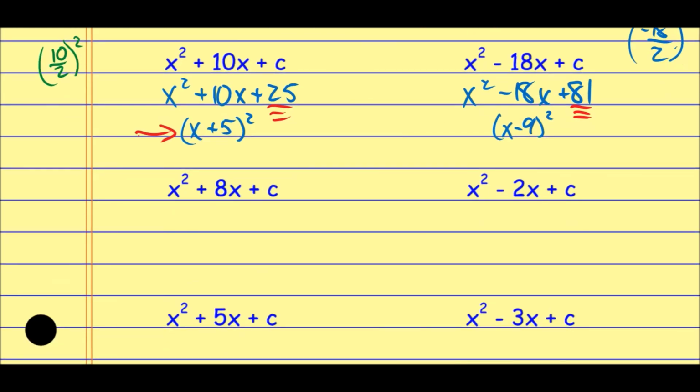If I look at the next one, same kind of thing. Once again, if I take it off to the side here, 8 divided by 2 and then square it. 8 divided by 2 is a 4. 4 squared is a 16. So the perfect square trinomial here would be x squared plus 8x plus 16. All right, and once again, I know it's a perfect square trinomial because it factors into x plus 4 squared,